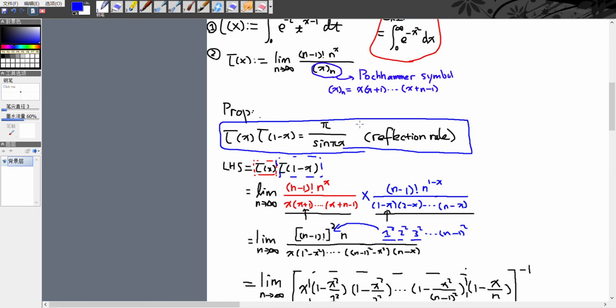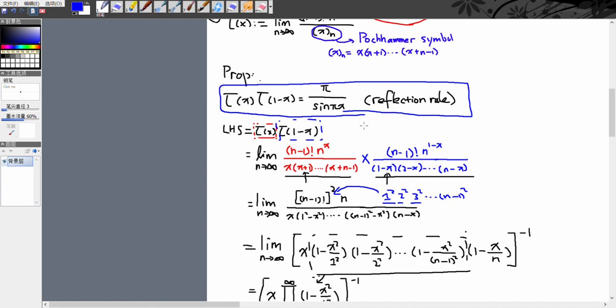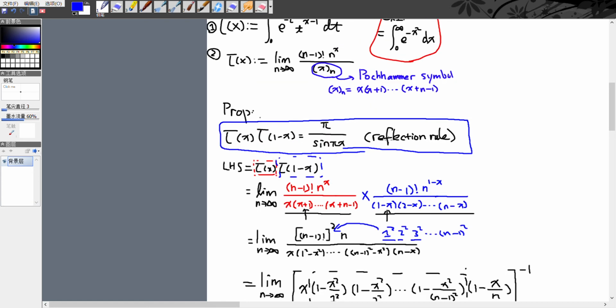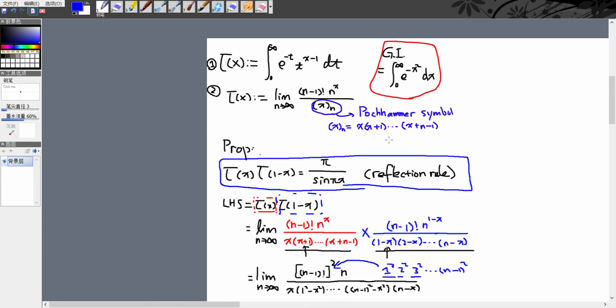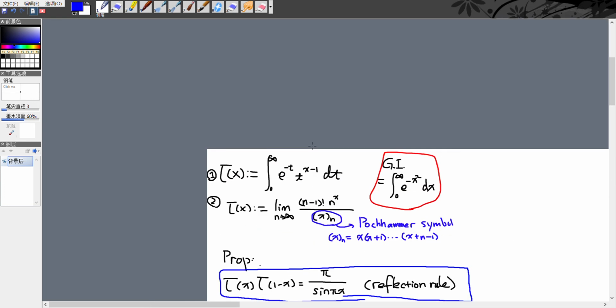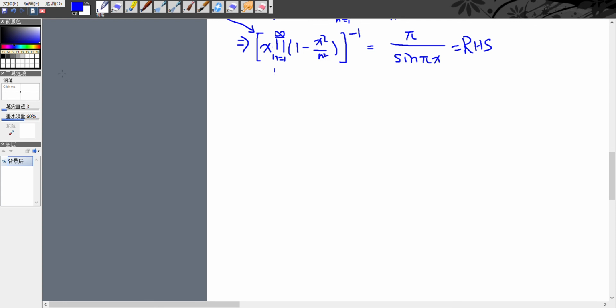So after having our reflection rule, why can we use that to solve our Gaussian integral within 10 seconds? Now let me show you the reason and the secret and the magic behind this amazing method. Firstly, we need to rewrite our gamma x. So we need to give another definition of gamma x. So gamma x, as we know, is equal to this integral